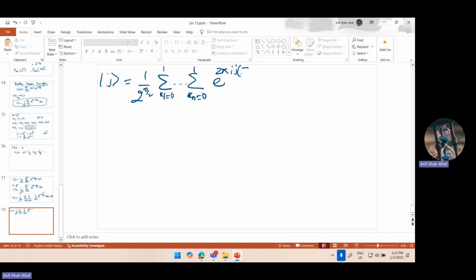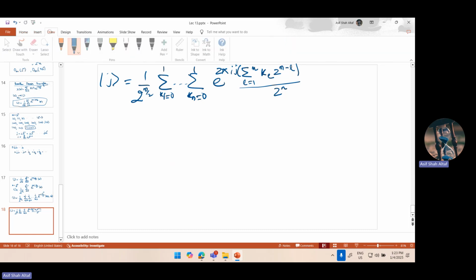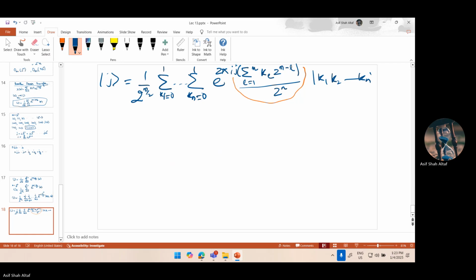So then we will have, let's say L equal to 1 to n, KL 2 to the power n minus L, and we have then a little division here by 2 to the n. Okay, so all of this thing is in the exponent. Okay, all this is in the exponent, and then we have k1, k2, kn. Okay, now which finally gives us